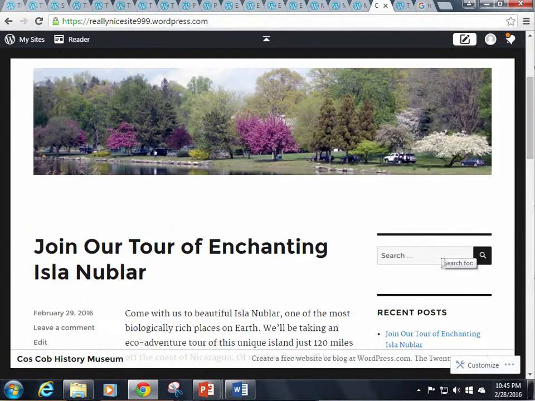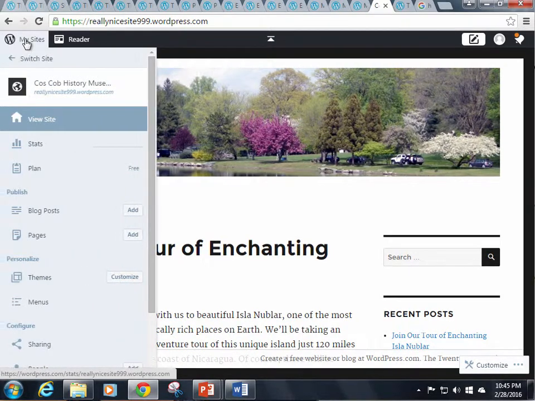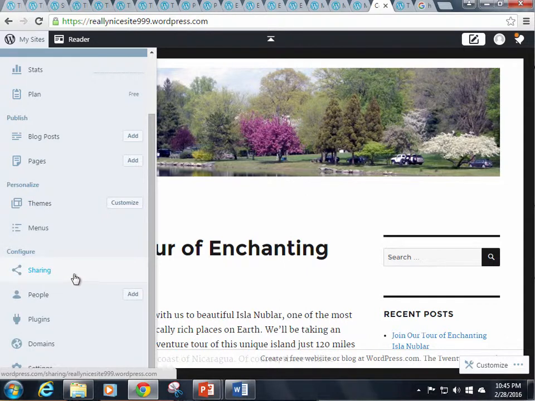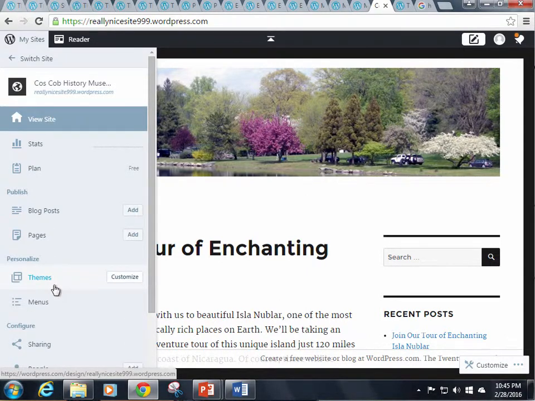Now we want to add a widget. Again, like for anything, we'll go up here and click on the little My Sites button in the upper left. And we look through the menu. We don't see anything about widgets. And sometimes, remember, the menu changes depending on what kind of theme you're in. In this particular theme, there's no button for widgets, so we'll go here and click on the Customize button,